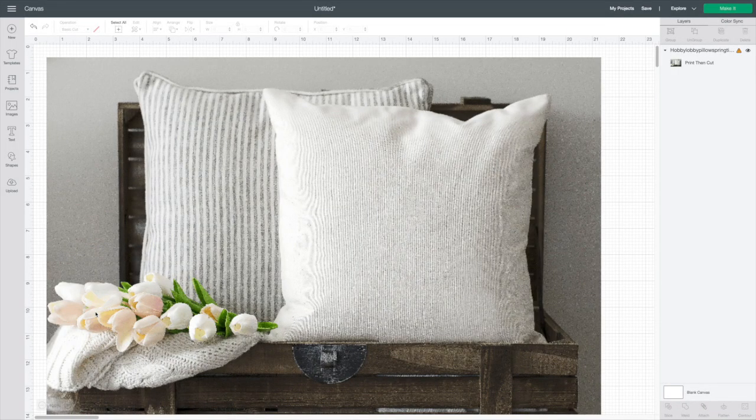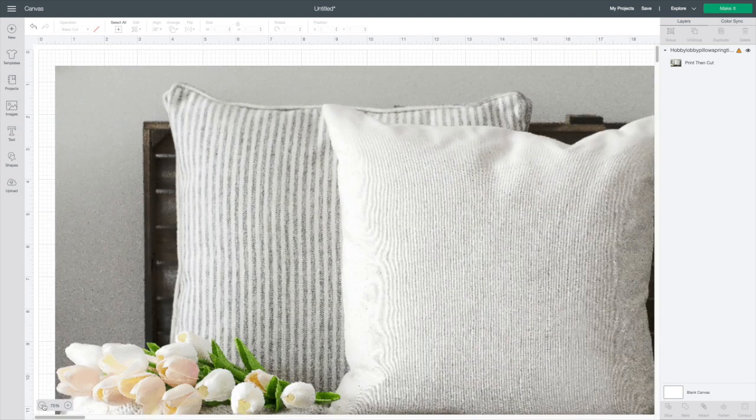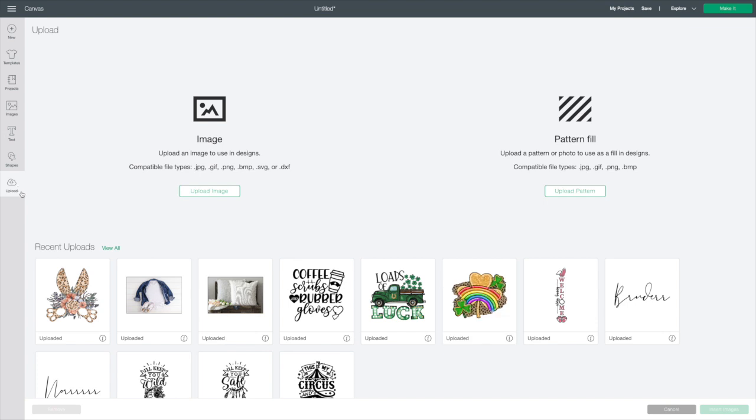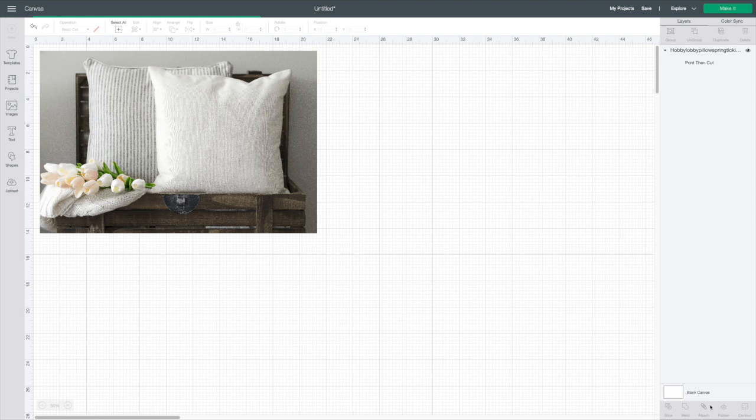So now that we're over here in Cricut Design Space, you can see what I'm talking about. It looks a little grainy here. You can see these lines here. But like I said, when we save this, it is definitely not going to look like this. So what I'm going to do is hit the minus button just so we can see a little bit better. And then I'm going to come to upload and bring in a PNG file. So we're going to use this super cute bunny design right here and hit insert.